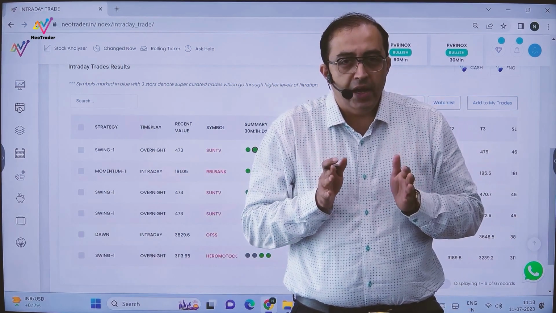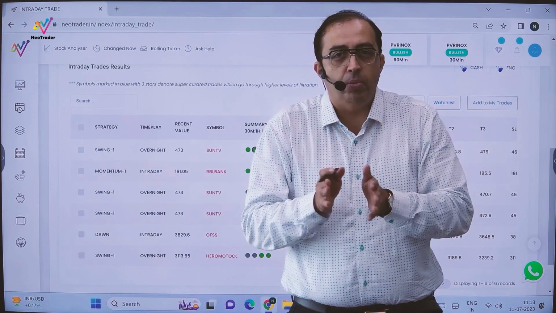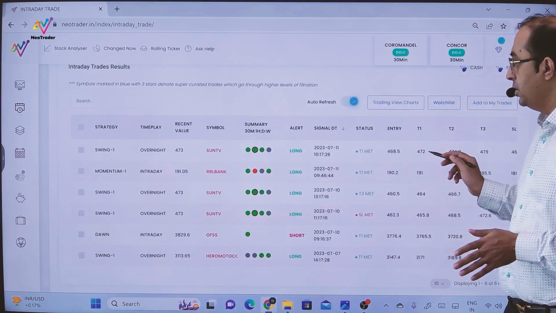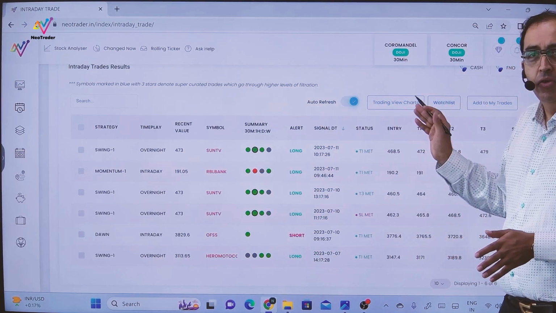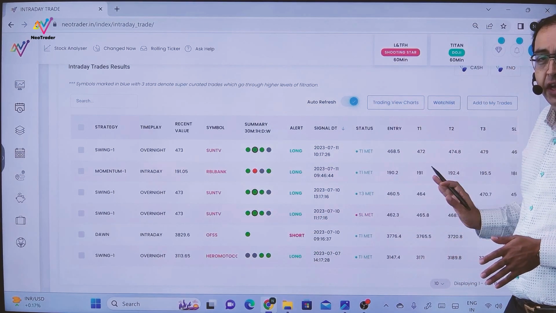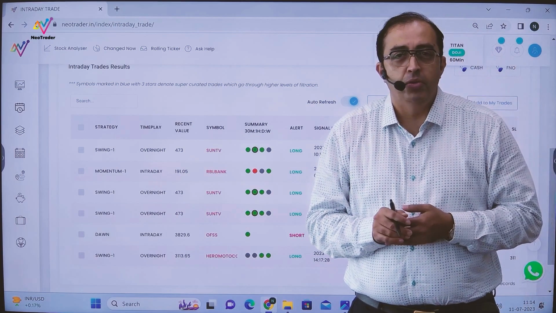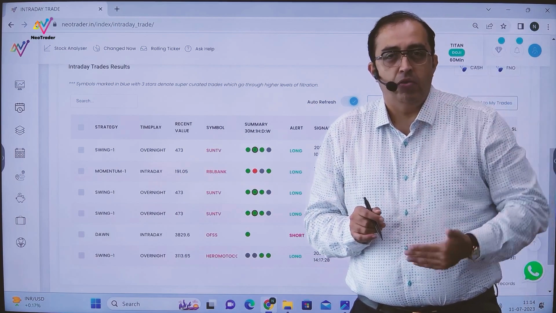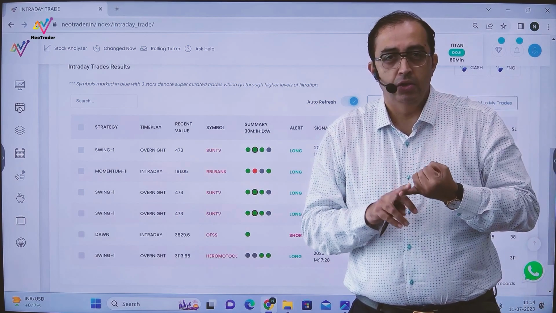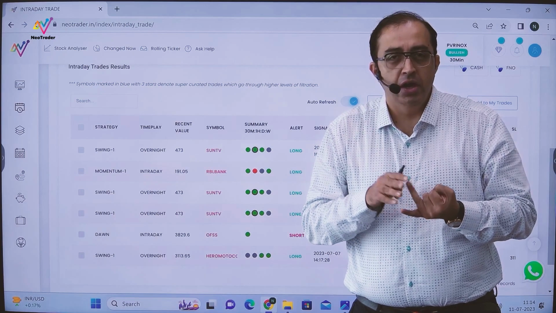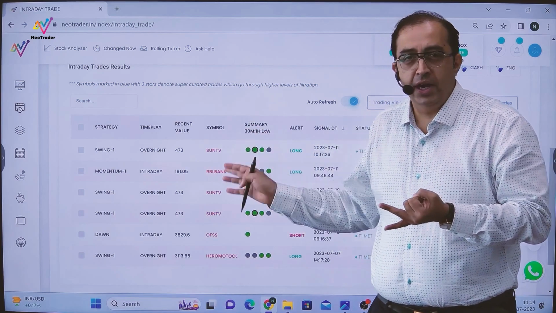Now, in that, I want my entry, stop loss and target. All of you know that this is how the page is designed. So entry, stop loss, target, everything is made available for you from that particular watch list. So A, you have got a refined set of stocks. B, you have got this intraday page.